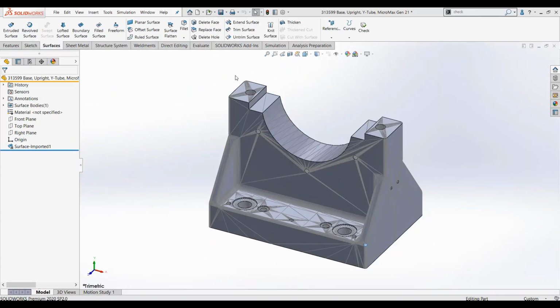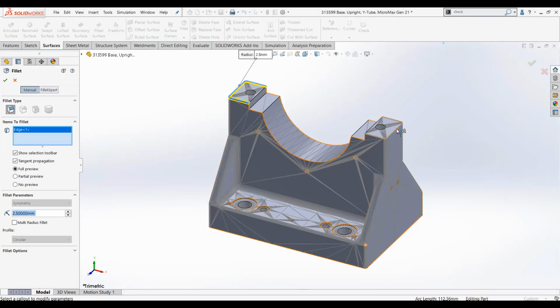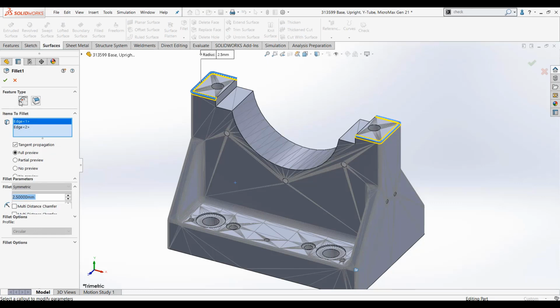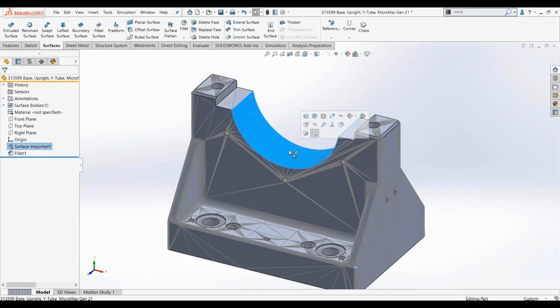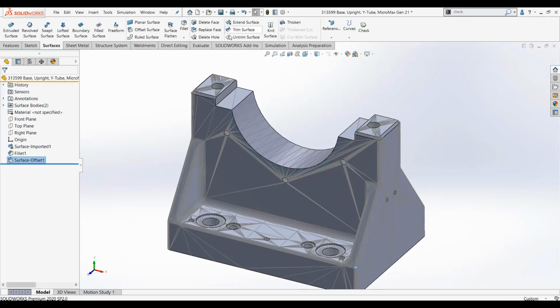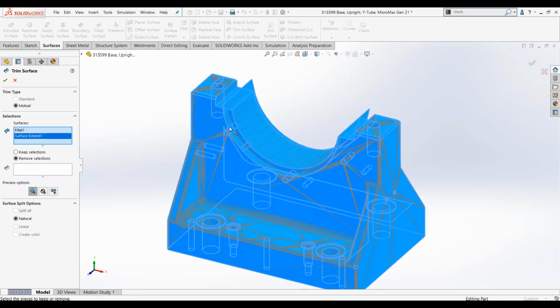The need to directly edit mesh geometry like this STL file is becoming more common. Filleting edges is now possible using the same workflow as a native SolidWorks file. You can even change the fillet to a chamfer and vice versa. SolidWorks 2020 now supports more advanced editing tools which will make it easy to increase the radius of this surface. We'll start by offsetting the mesh surface and extending the results. You can also apply mutual trim as well.